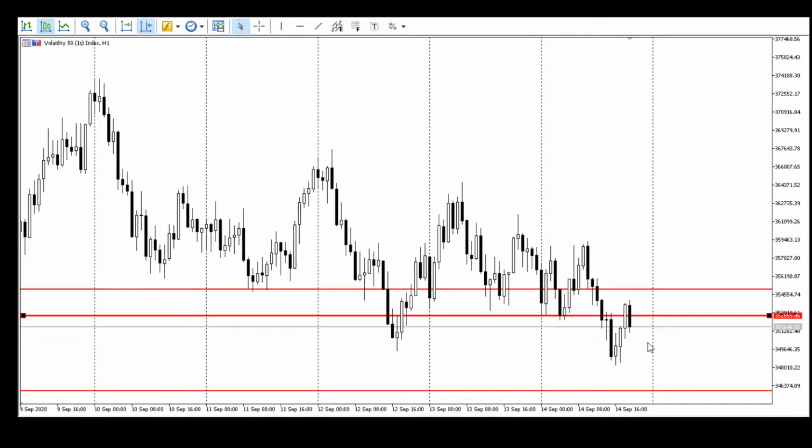That's why I'm telling you, the next candle for tomorrow, if this candle is closing above this level, and the new candle is starting to push down,